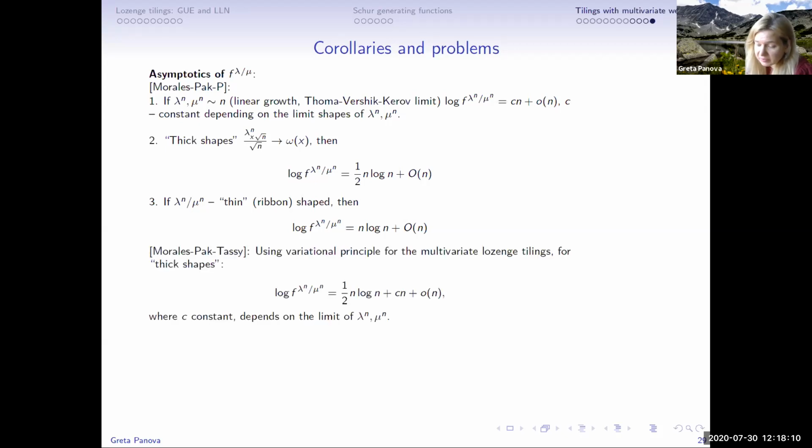What Alejandro, Igor, and Martin did was use a variational principle, the same one that Rick was talking about, for the multivariate weighted lozenge tilings, and the Naruse hook length formula to get their number, the asymptotics for their number. The number is of course the number of standard Young tableaux because of this formula. So you can use this in reverse. Of course, the variational problem does not let you determine